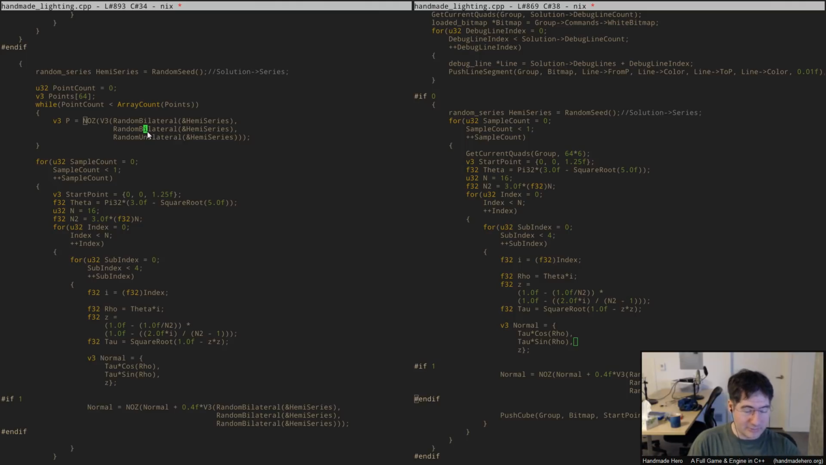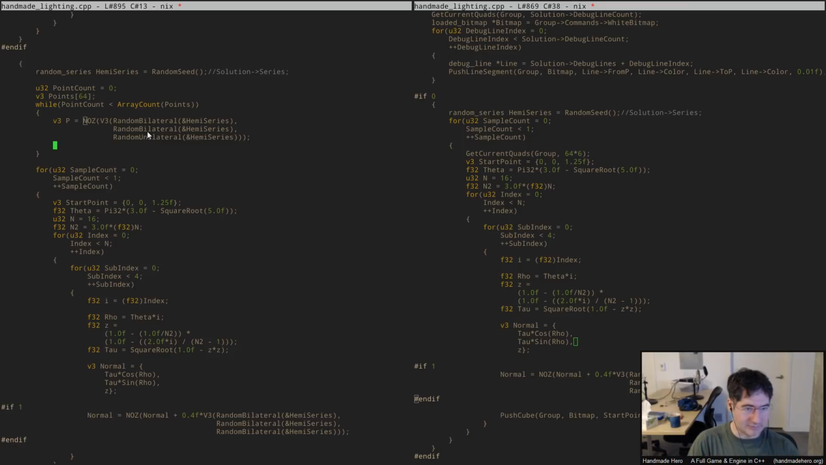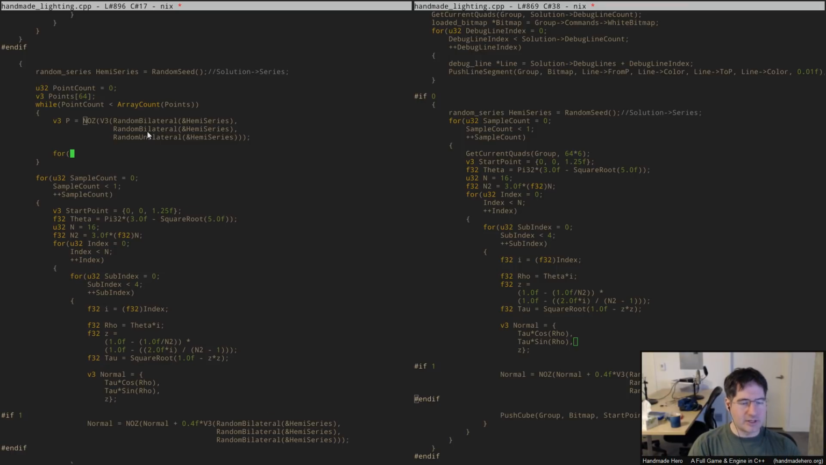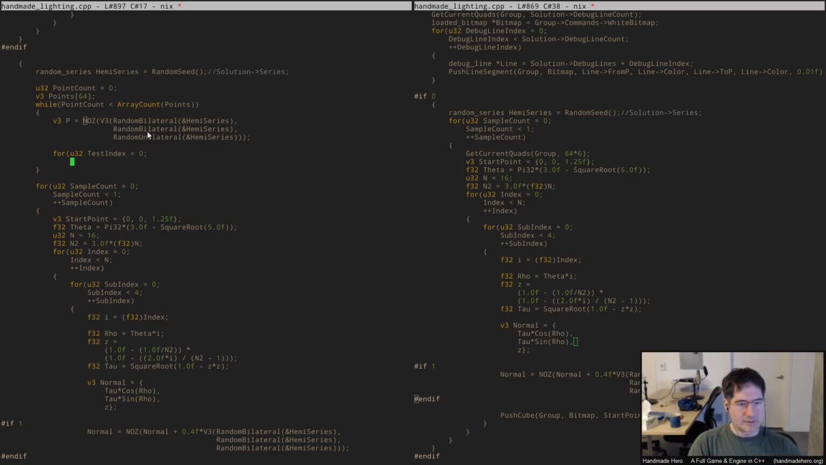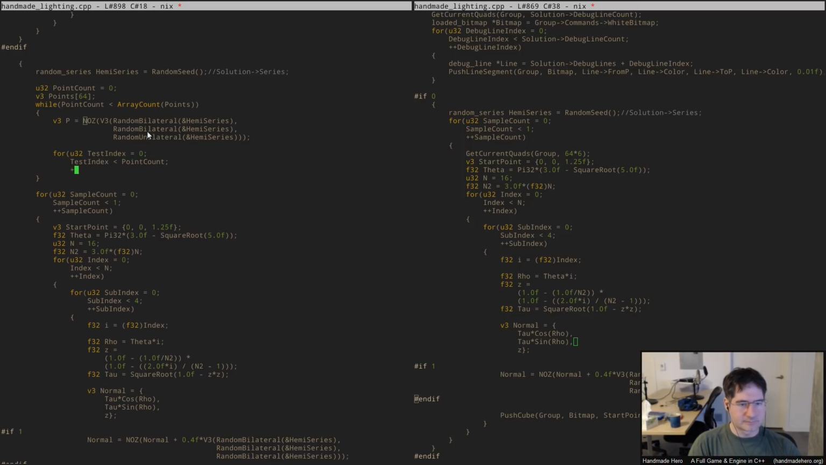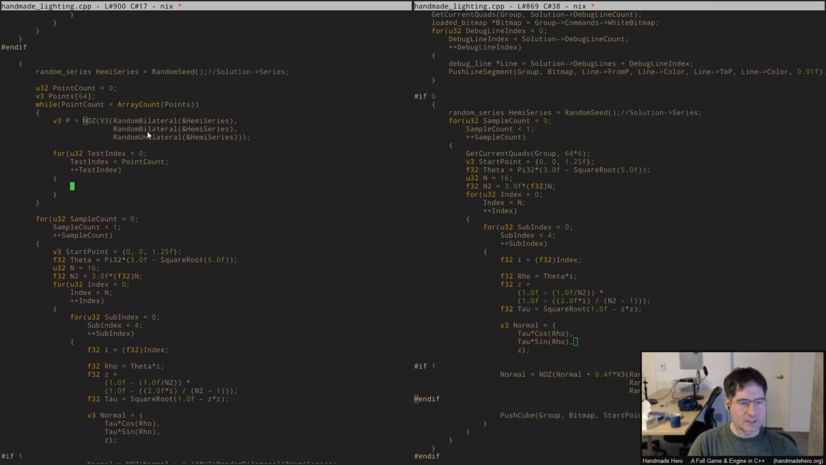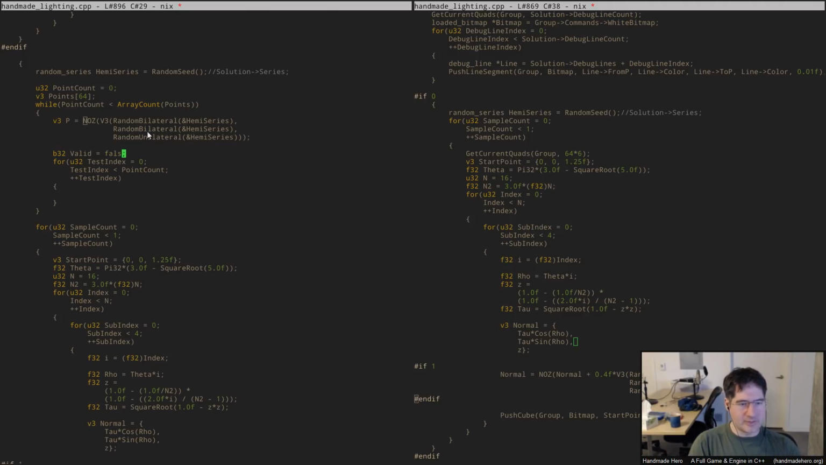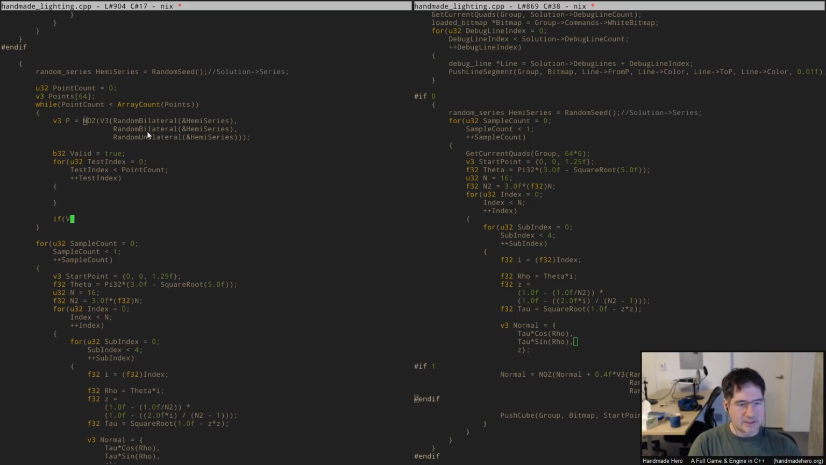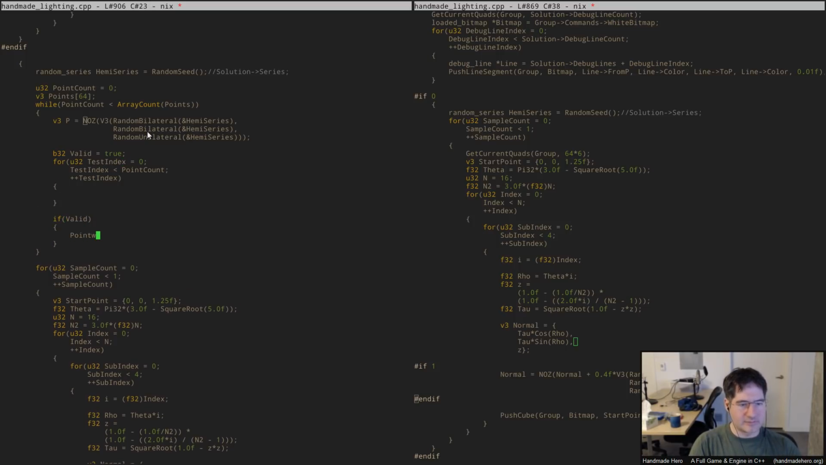So just a complete crap distribution, and that's fine. Then what I'm going to do is say, all right, let's just figure out how close we are to any other point, right? So I'm going to assume this point's valid. If the point is valid, then I'm going to say points[pointCount++] = p, and that's going to retire a point onto our